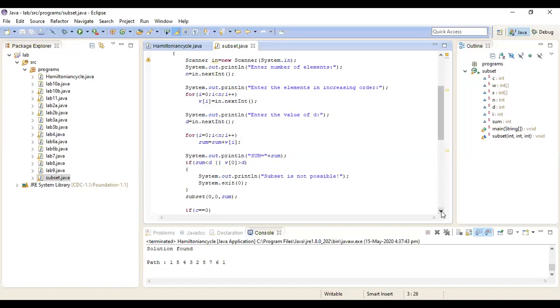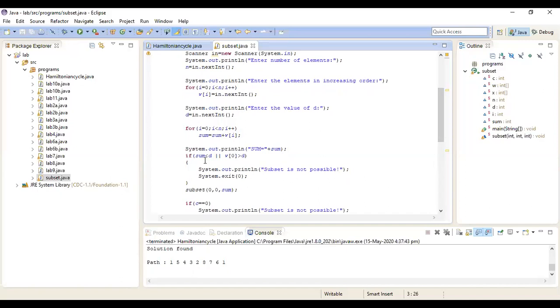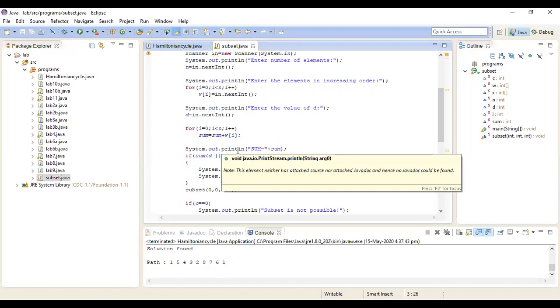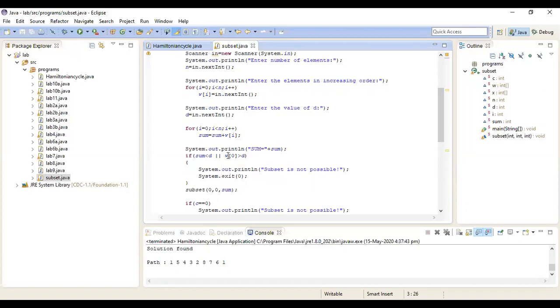Then see here, if sum is less than D or W of 0 is greater than D, that is, if the first element is itself greater than 9, for example if I start the set with 10, 20, 30, 40, 50, the very first element itself is greater than D, so there is no possibility of finding a subset.